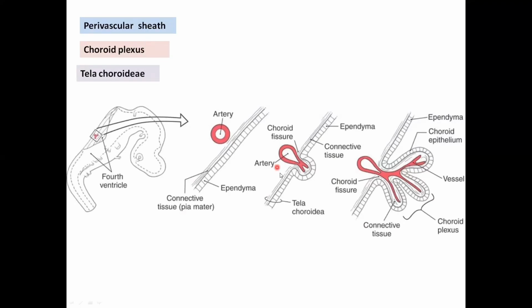And at a place where there is a ventricle, the blood vessel, the pia mater will project into the ventricle, and you know that the ventricle is going to be lined by ependymal cells. So all these together, the ependymal cells, the pia mater, the blood vessel, all together it's called the choroid plexus. And of the three components of the choroid plexus, the pia mater component of it is called tela choroidea. I hope you have understood all the three terms.